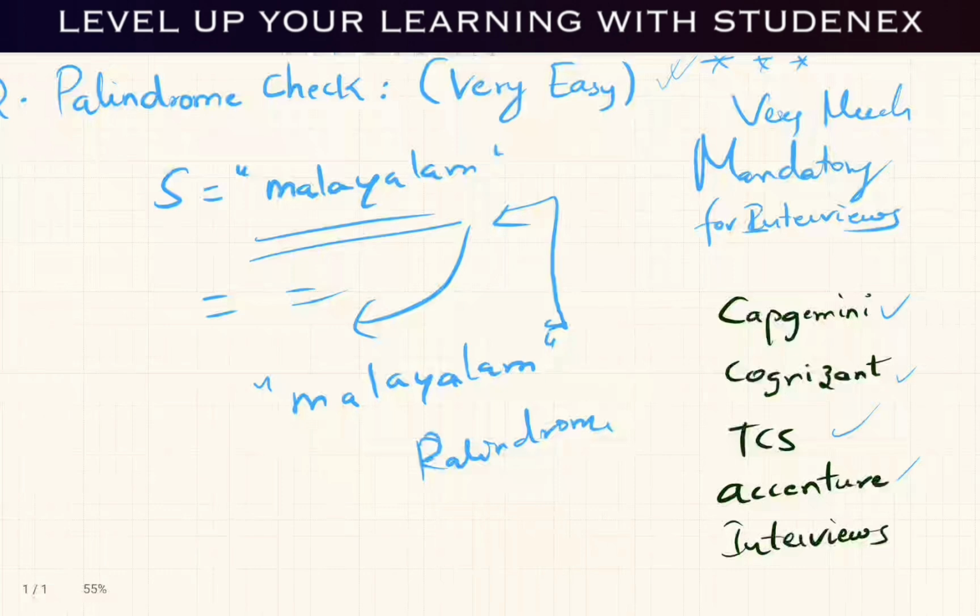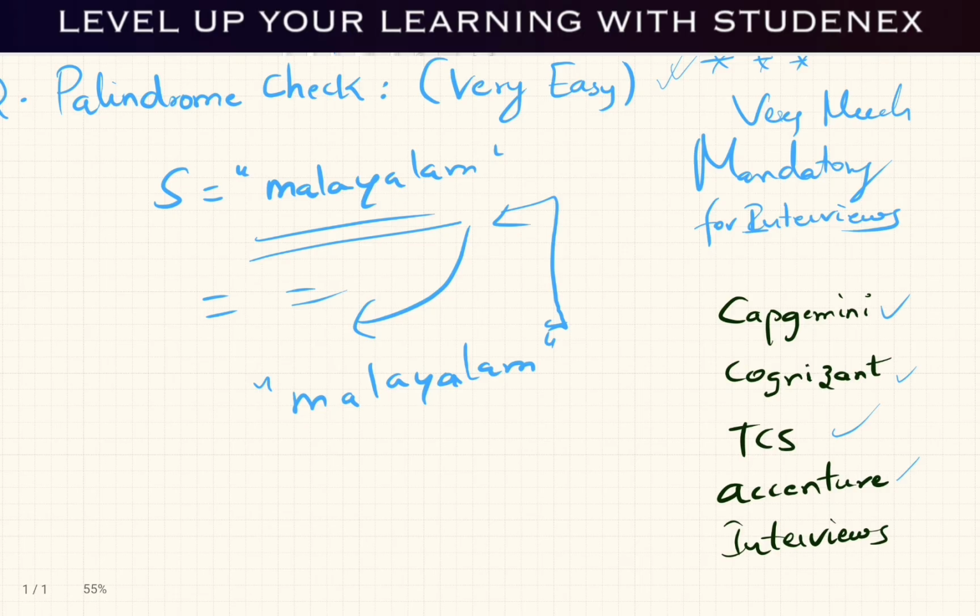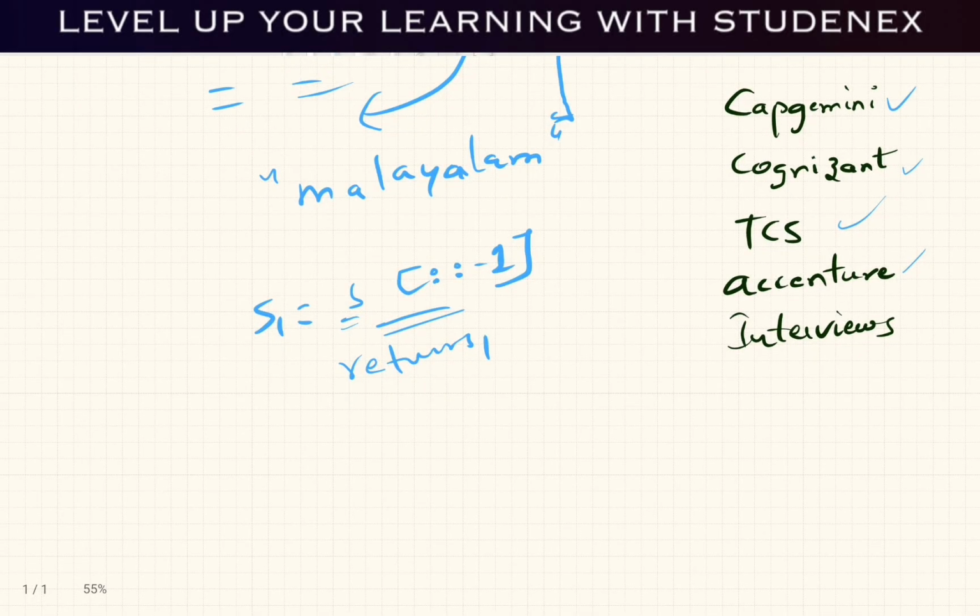It's a palindrome. Okay. It's not an R, it's a P. Don't forget. For that, if you just listen to the previous question, you must know how to reverse a string. So you basically take the string variable and give this particular formula to reverse. I'll reverse this and save it into S1. But without returning S1, what I'm gonna do is